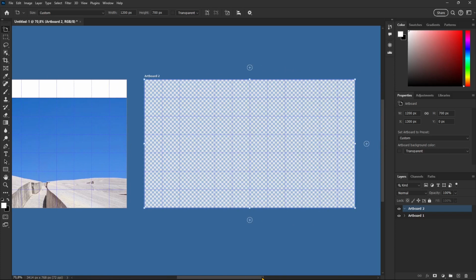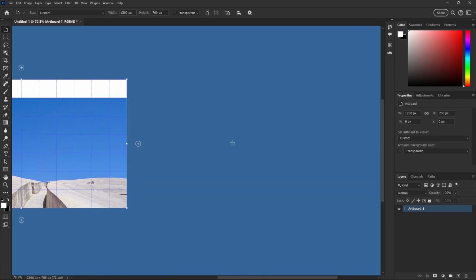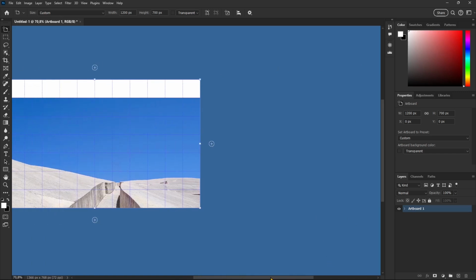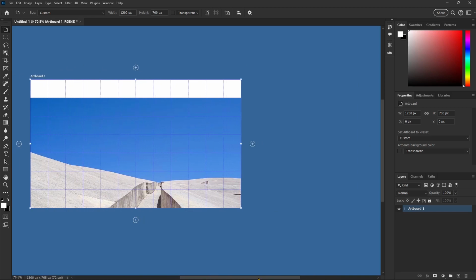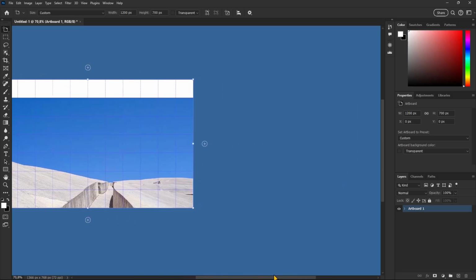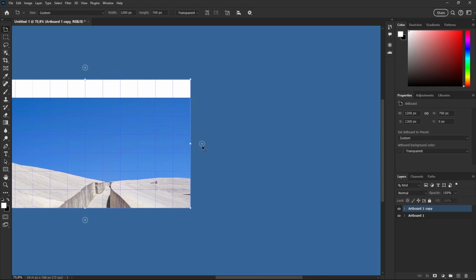Now, if you want to delete an artboard, when you select it, just press the delete key on your keyboard. Another thing I could do, instead of just copying the settings for the guides, the grid and the transparency, I can hold the Alt key before pressing and clicking, and that's going to duplicate it with the same exact